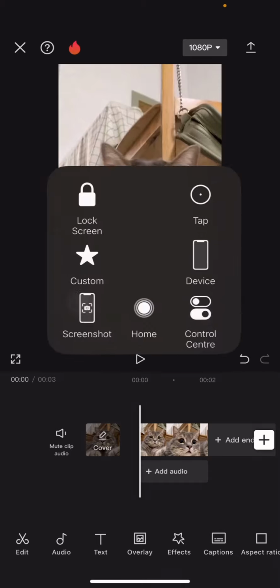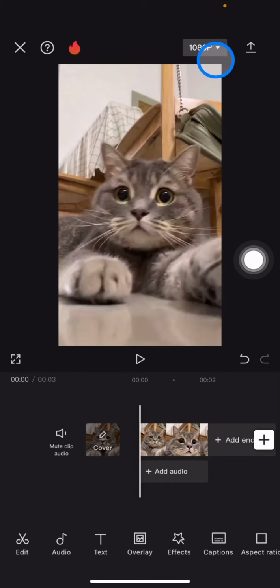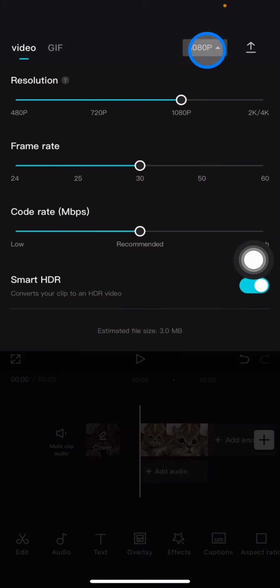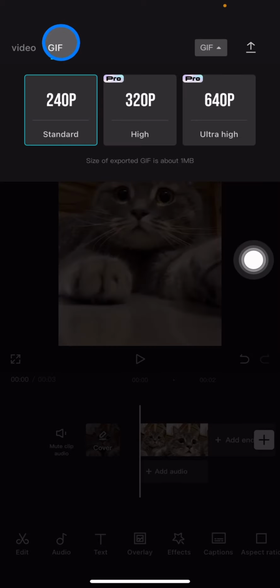Before you save it, just take a look at this 1080p, tap on it, and you can choose between video and GIF. Tap on GIF and then you will need to adjust it. If your CapCut application is already in a pro version, you can choose this ultra high option, so you will get better resolution. But here I would like to use the standard, and then you just need to export